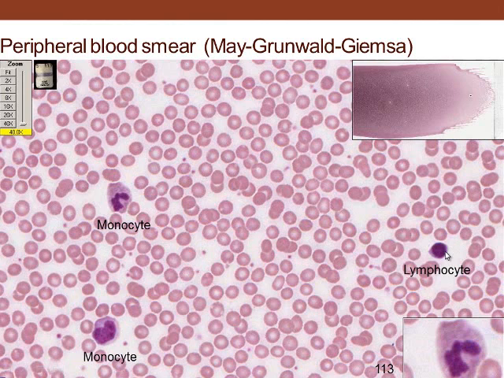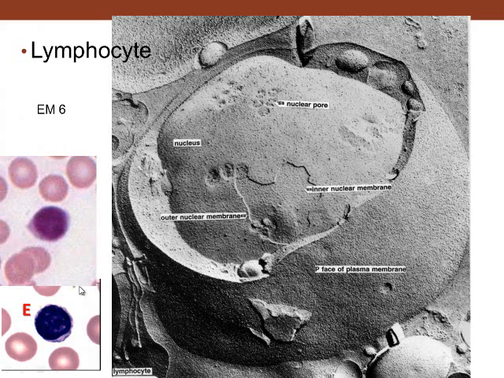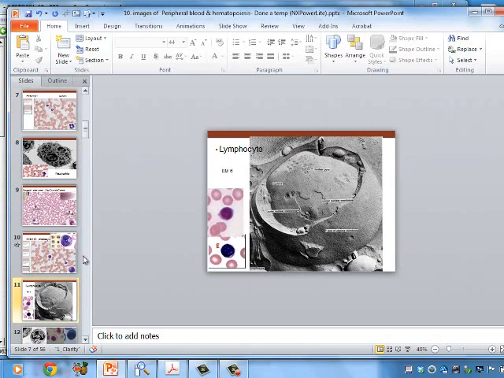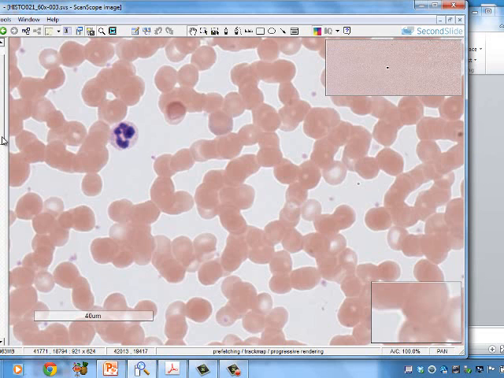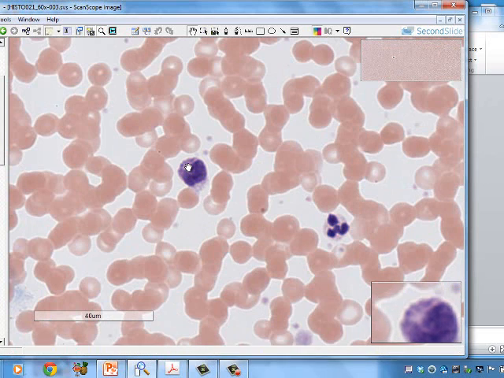In addition to the lymphocytes, we have monocytes. Here we have a monocyte and another one there. They vary in shape, with a euchromatic nucleus and a lot of cytoplasm associated with them. If we look at the monocytes here, 1, 2, 3, 4, 5. If we look at this one, we can see a monocyte in through there, with a kind of horseshoe-shaped nucleus and